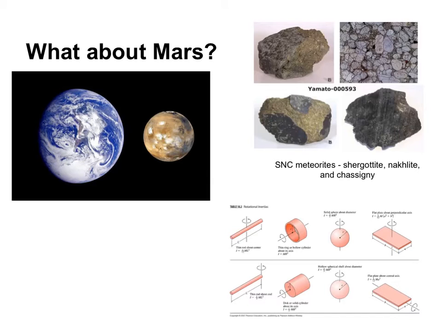We know for certain that Mars has differentiated into a crust, mantle, core kind of situation. We know that for a variety of reasons. Your reading talked about using the moment of inertia, how the planet spins on its axis and how it resists change to that axis spin. If you take just a solid sphere of material that is uniform, it's going to have a certain moment of inertia. This is just a classical physics